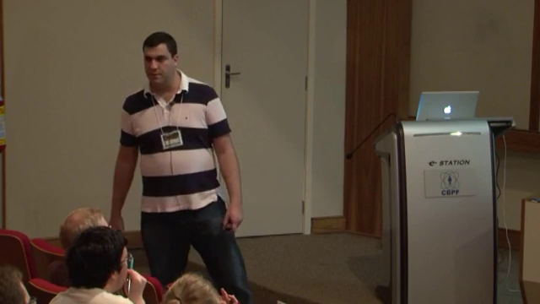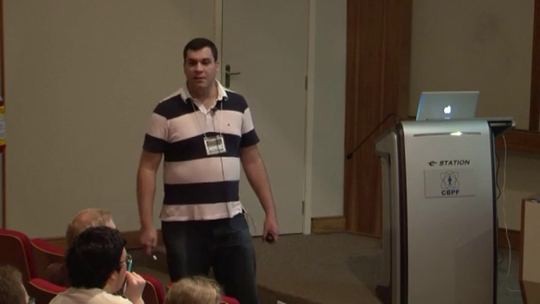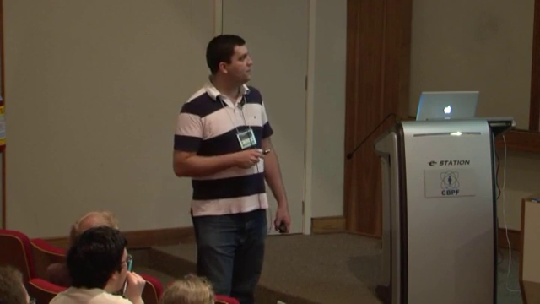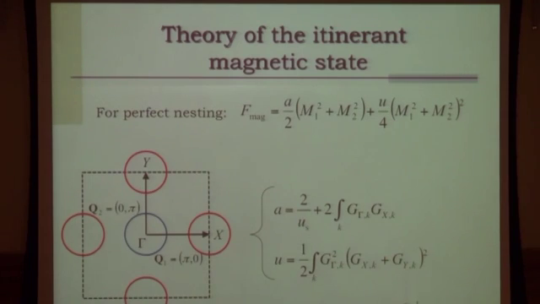So, well, we theorists, as Pascal said, have lots of prerogatives that experimentalists don't, such as putting parameters to whatever value you find more interesting. So the first idea is, well, you know what, dealing with elliptical bands is a bit complicated. Let me consider everybody to be circles, such that I have perfect nesting. What does perfect nesting mean? That these circles are exactly the same. Then I go back and look at my free energy. That's the form of my free energy. Okay, and these coefficients depend on the Green's functions, if you ever want to know. You don't need to.